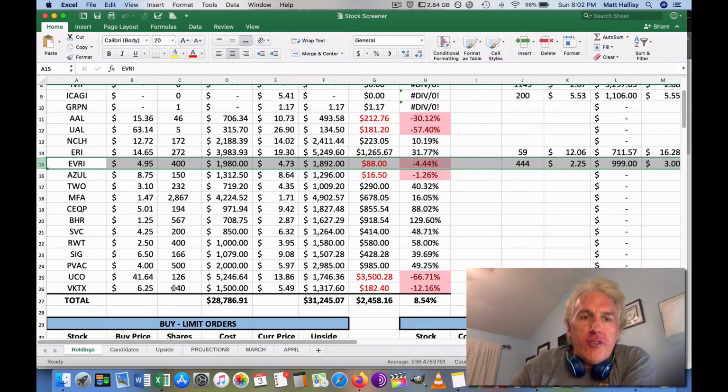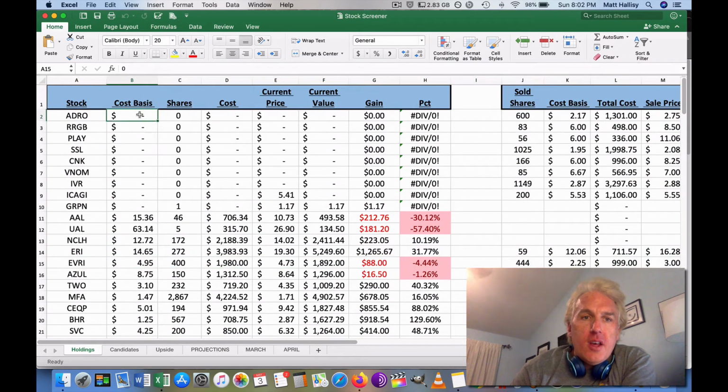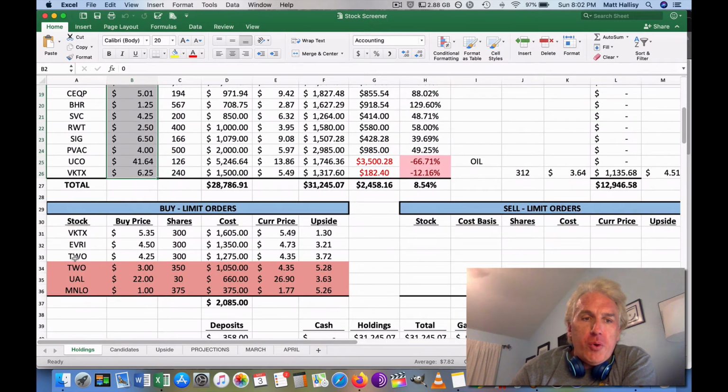So looking at our holdings page, and again, this file that you can actually download is on a link in the video description, so you can download it and look at whatever you want to look at, play with it, use it for your own. But we see the cost basis here, and we made a couple moves. So number one,